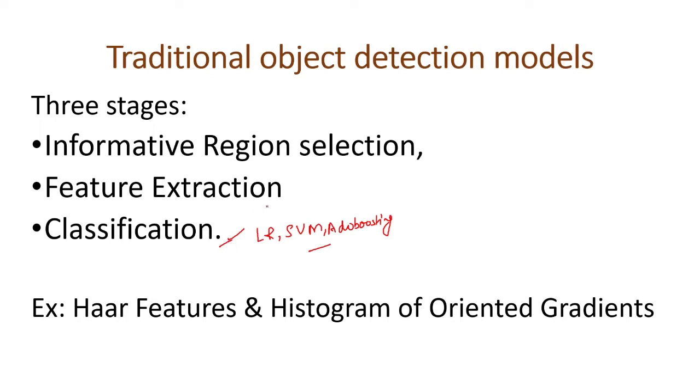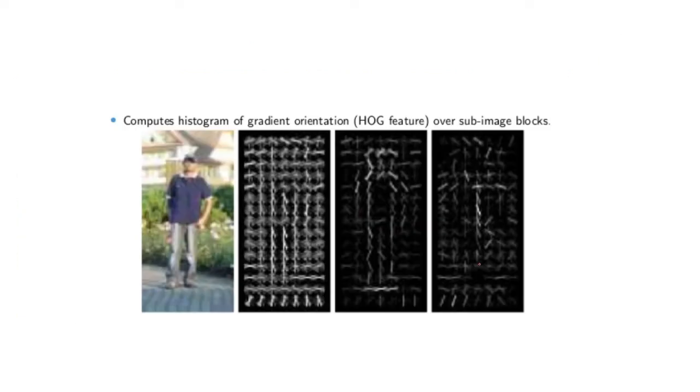As an example of traditional object detection, we have already seen Haar features. I have uploaded one video on computer vision using Haar cascade features. If you have not watched it, you can watch it. Here's a link. And we also have the histogram of oriented gradients. I will show you. This was a histogram of gradient orientation. Suppose we have this image and we apply the histogram of gradient orientation, and we get a graphical representation. In this graph you will see a human-like structure, so it will detect that this is a human.